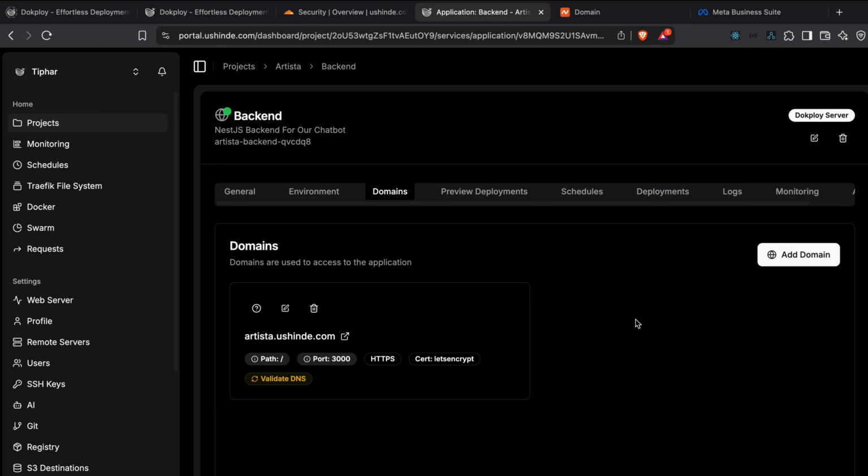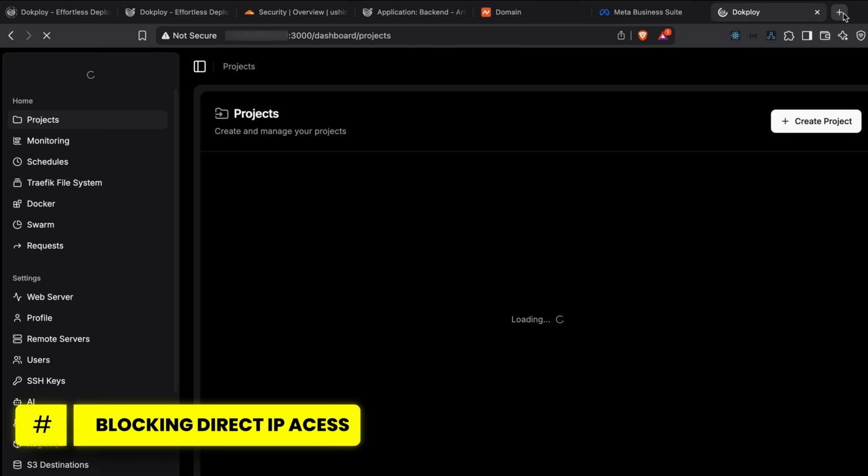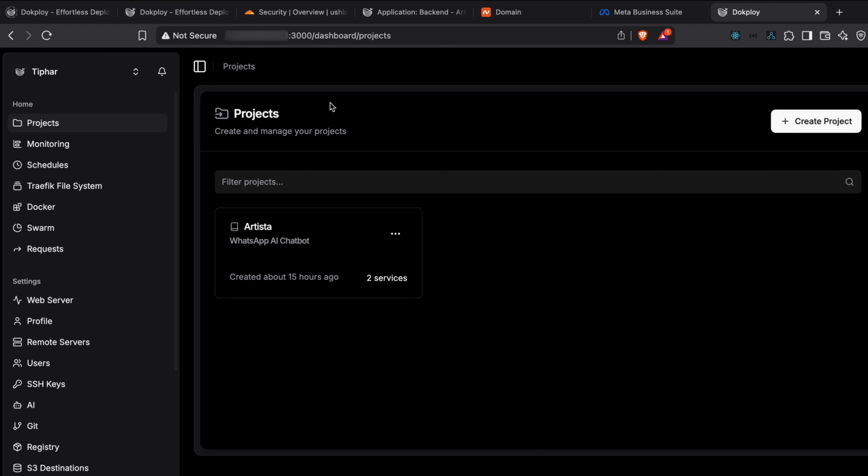We have secured our domain with Cloudflare, which is like installing a high-tech front door, but here's the problem. Our Dokploy instance is still accessible directly through the server's IP address. That's like leaving the back window wide open. All that front door security, like the Cloudflare web application firewall and all the security measures, is completely bypassed. To actually protect the backend, we need to lock down the direct IP access and route everything through the domain.